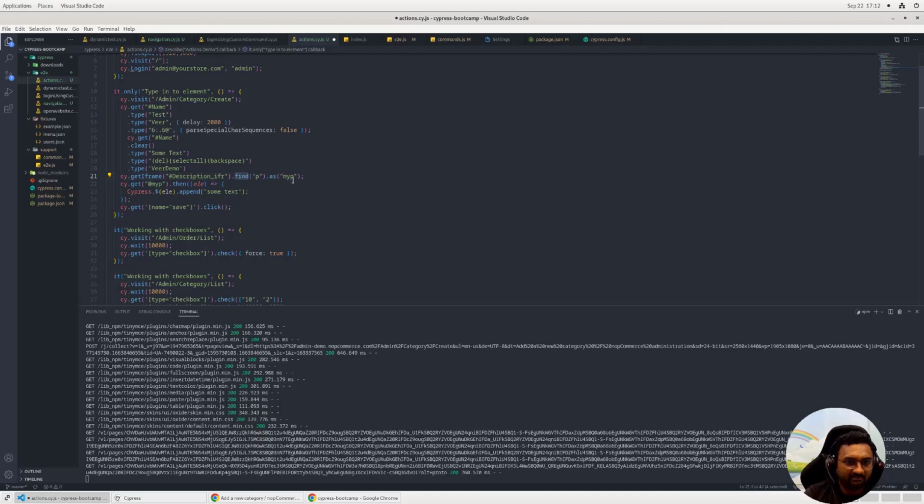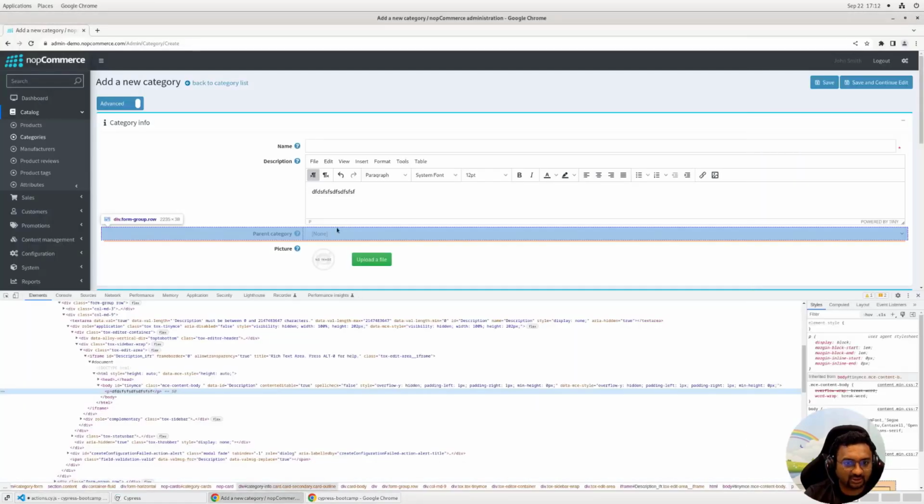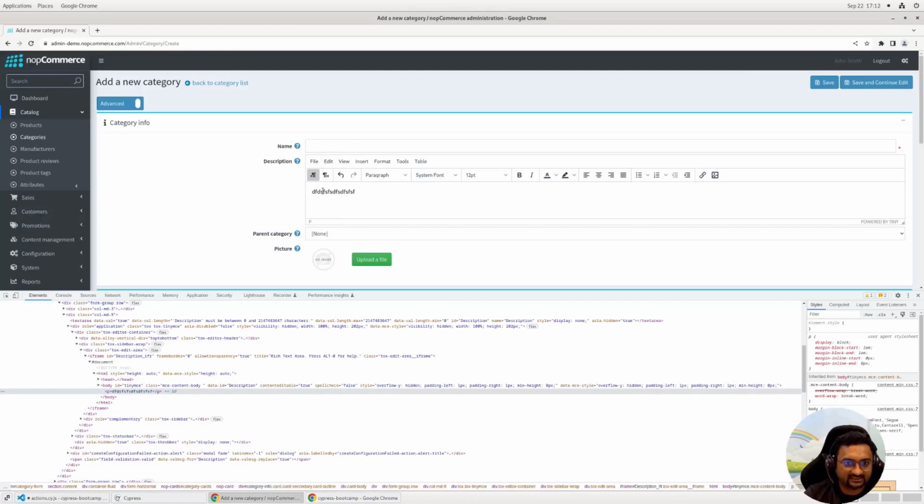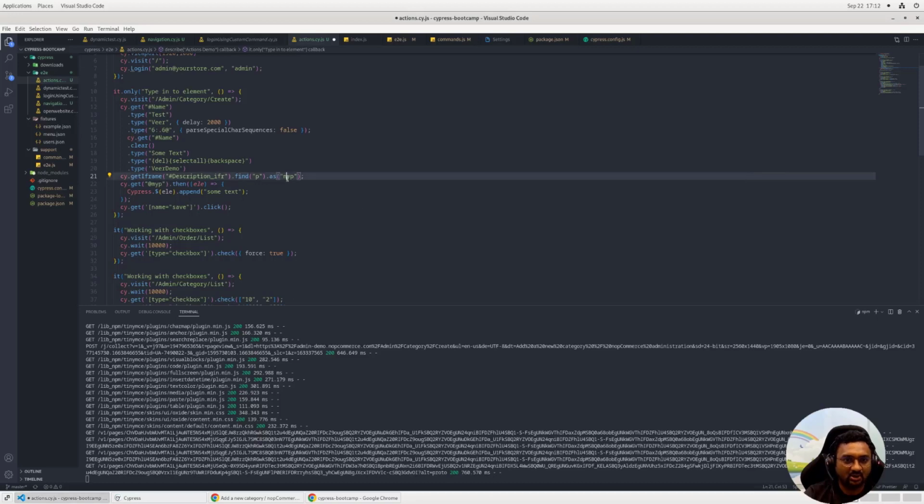On that element, I am finding the p tag. Why am I finding the p tag? Because this iframe has this particular p, and in this p we wanted to add text. I had given an alias to it as myP. So I'm giving an alias to this particular p as myP, and I wanted to operate on this myP, right? So here I have done cy.get myP, so I'm getting that particular p tag,